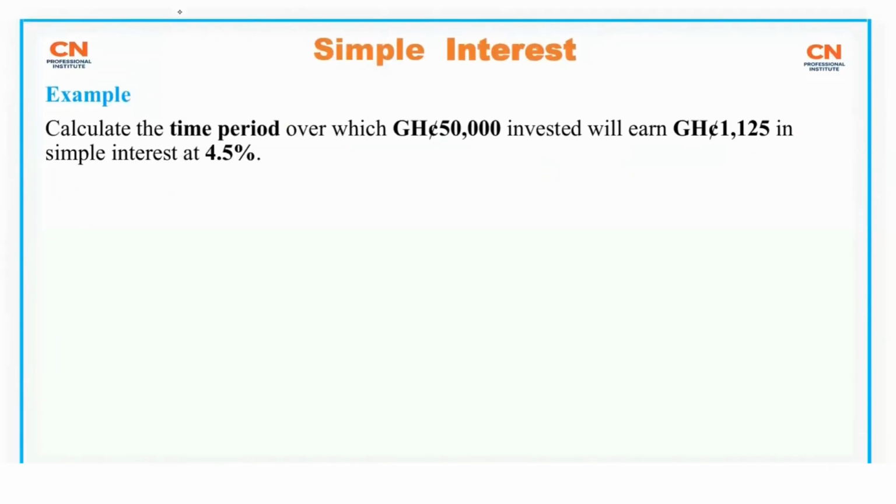Oops. As I said, let me divide the screen. As I said, the same formula. All right, so interest is equal to principal times rate times time. You can divide by 100 or not. Okay, so the interest is given in the question. Calculate the time over which